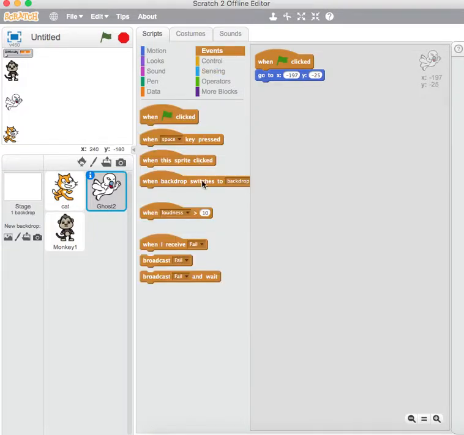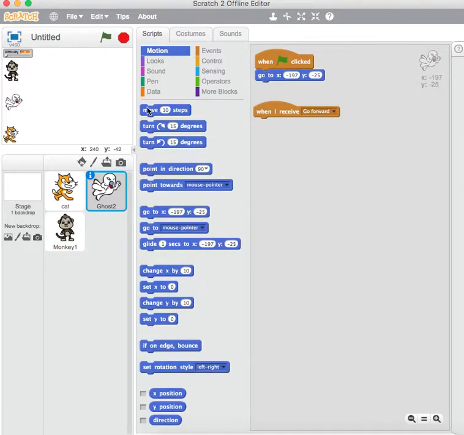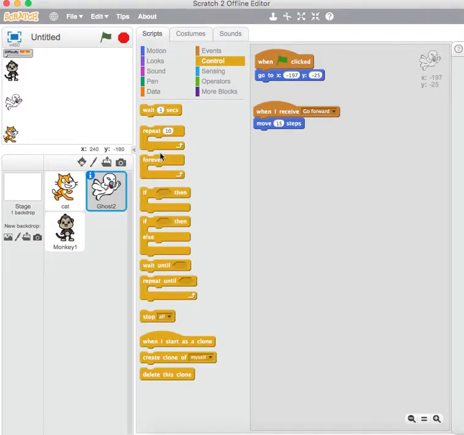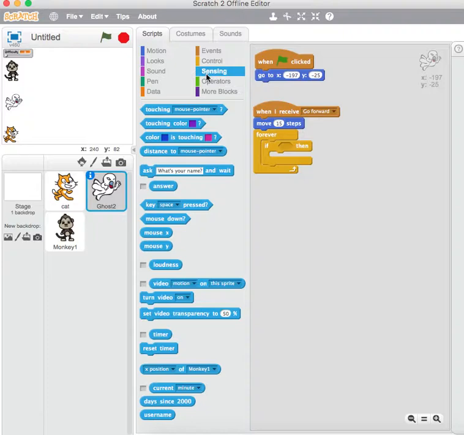But now you're going to put when I receive a message. So how we created these broadcasts, fail and go forward. We're going to put this one to go forward, and it's going to go forward 15 steps. And then we're going to put in a forever loop. And then inside that forever loop, we're going to put an if-then statement. So if this ghost is touching the edge,